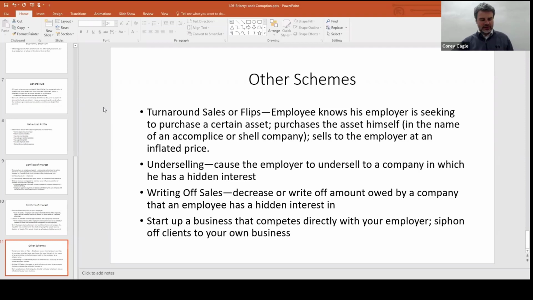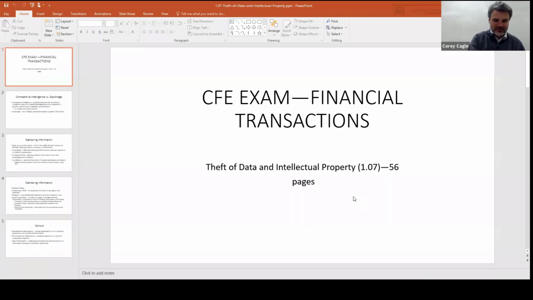All right, last one. This one's kind of interesting. This one was long. It's like 56 pages. There's a lot of stuff here, but there's not a whole lot to really take note of, I guess. I feel like a lot of the questions, if there were any questions from this, beyond what I've kind of taken note of here, would be so obvious that there's no reason to ever study for it anyway, or even read any of this in the first place. So I only ended up with 4 slides worth of information on this.